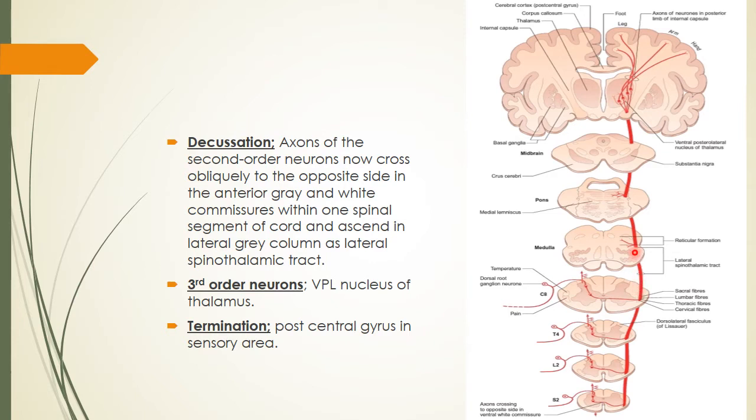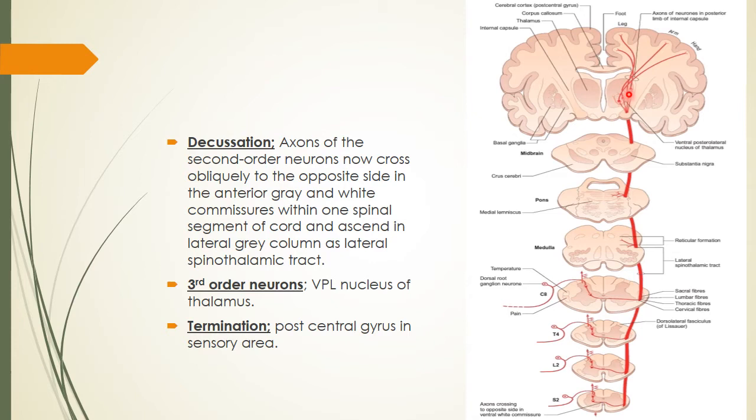In the upper part of the medulla oblongata, the lateral spinothalamic tract is joined by the anterior spinothalamic tract and spinotectal tract and forms a single spinal lemniscus. And then this spinal lemniscus passes through the pons, midbrain, and finally reaches the thalamus, where it will terminate in the ventroposterolateral nucleus of the